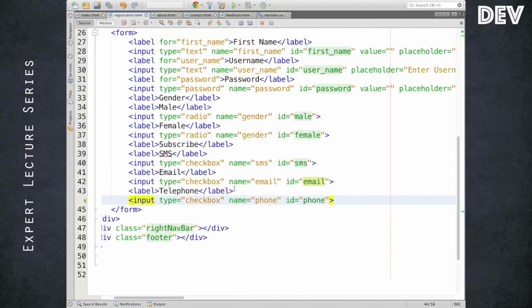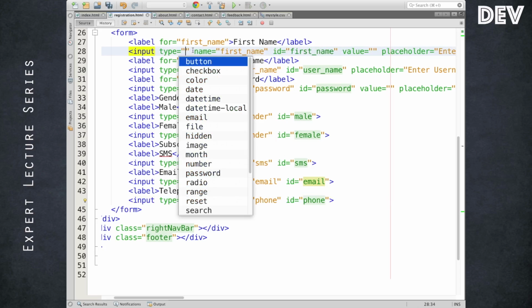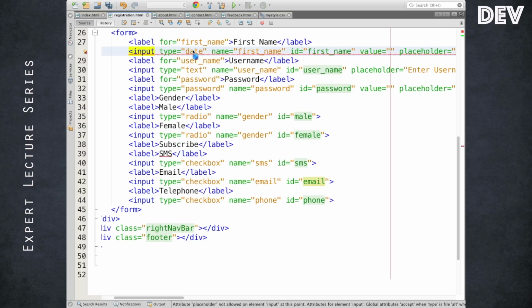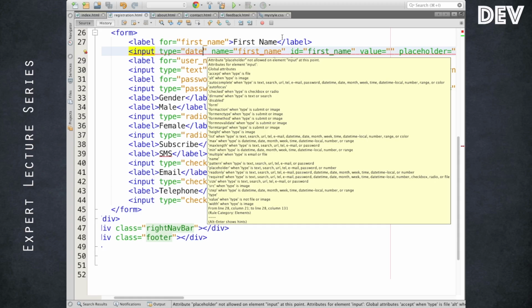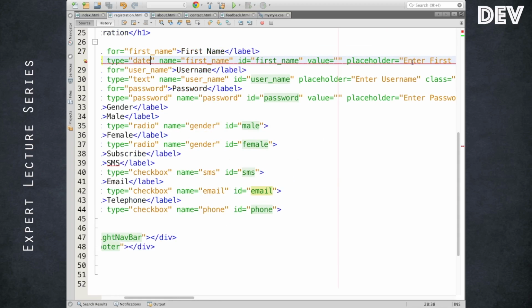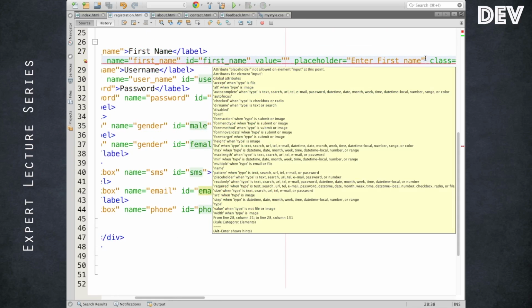Okay. So this is the one. And apart from that, there are plenty of type attribute values available nowadays as part of the HTML5 standard. Let me see, if you look, there are email, number, month, even date. There are plenty of things available. A placeholder is not allowed for date, but I just wanted to show you how the date will come.